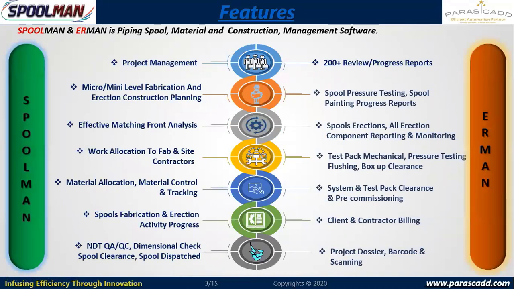Now, if you see these overall features of Spoolman, particularly it is used for managing the overall project. I can do micro and macro level fabrication and erection planning. So when we talk about micro and macro level fabrication planning, I'm going to say where I'm going to perform this fabrication activity. I may have multiple bays or lanes. So in which bay, which lane I'm going to fabricate this particular spool, that management can be done. Which team is going to work on it, or which production group I'm going to issue these spools, that can be managed. And material can be managed after fabrication, where I'm going to store these particular spools, so I can